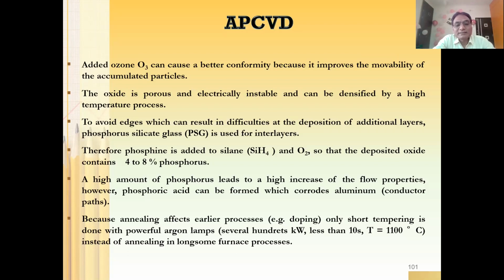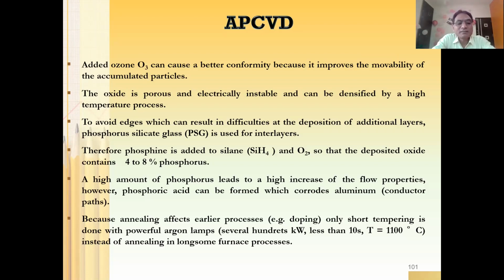However, phosphoric acid can be formed, which corrodes the aluminum. A high amount of phosphorus will lead to a high increase in flow properties, but at the same time this has some problems as well. This may corrode the aluminum